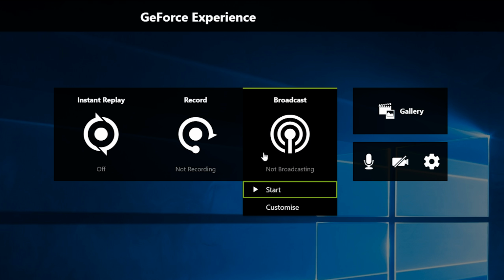The third option from within the GeForce Experience application is the broadcast option. This allows you to stream your gameplay to Twitch or to YouTube. Currently, I wouldn't really recommend using this, as I feel like OBS or XSplit offers a much better experience and far more customization, and you can also still use NVENC to get the performance